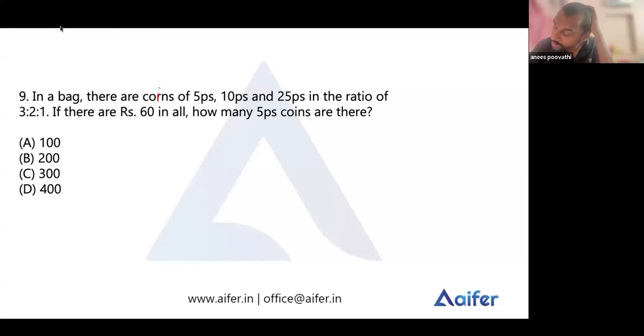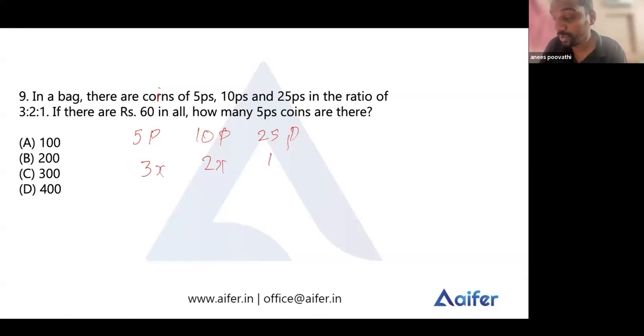Okay, in a bag, there are coins of 5 paisa, 10 paisa, and 25 paisa. So what we'll be doing? This is the final type of question in ratio and proportion. So we have coins of 5 paisa, 10 paisa, and 25 paisa. Then these are in the ratio of 3 is to 2 is to 1, which we can write as